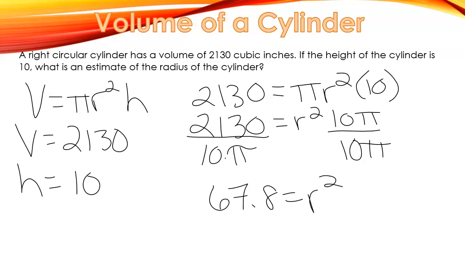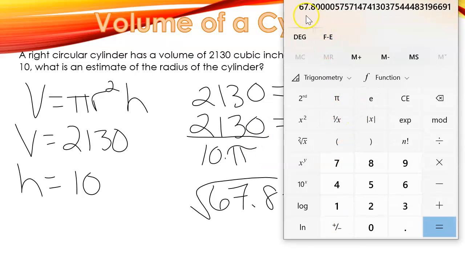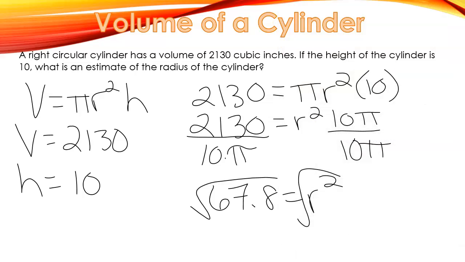But I don't want r squared, I want r by itself. So I'm going to take the square root. And if I look at a calculator, I have my answer, and then I hit the square root button, I get it's about 8.23. So if we're looking for the closest whole number, r would be approximately